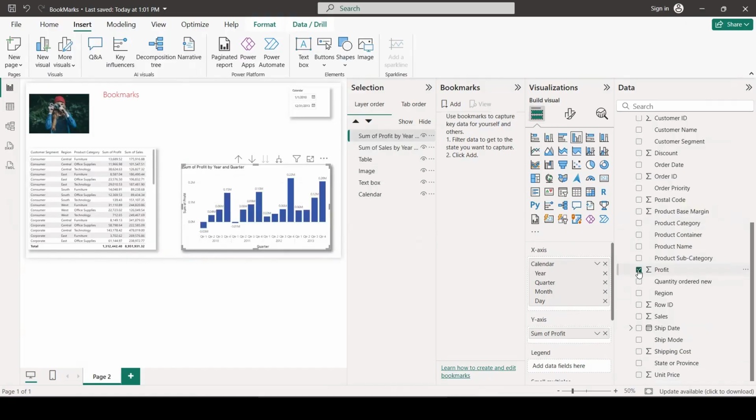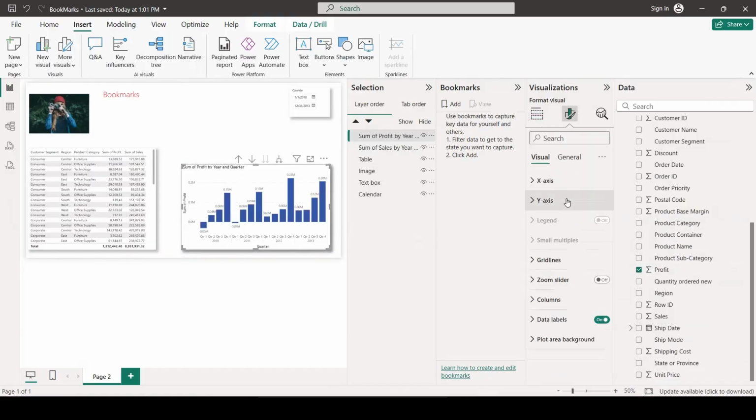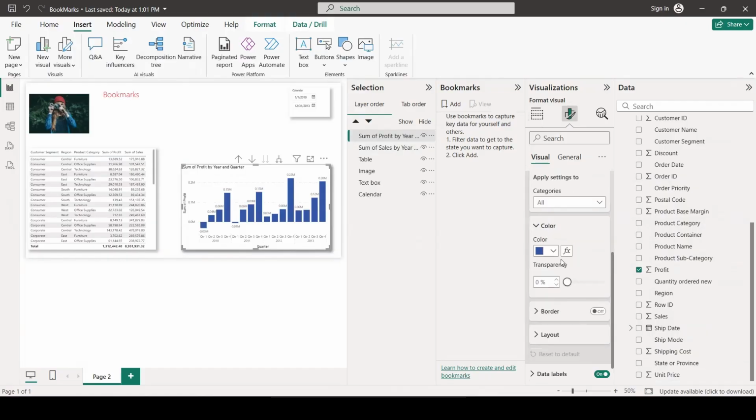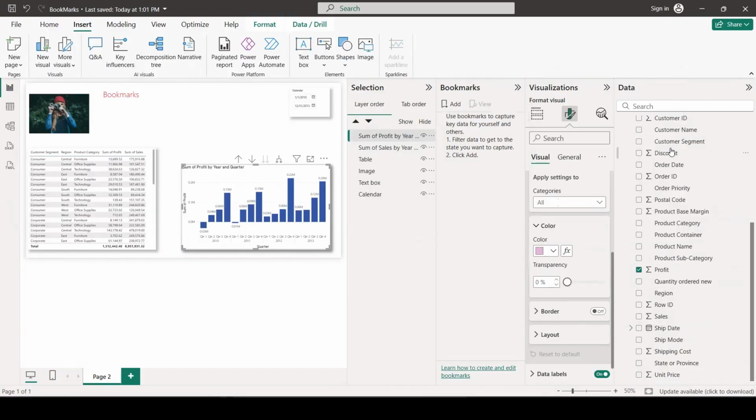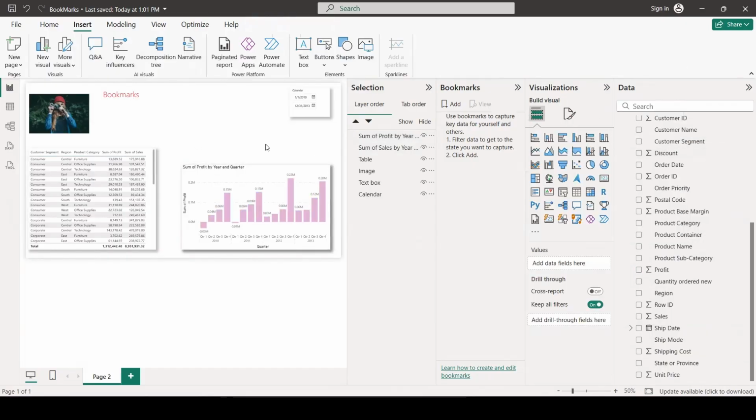Here. Okay. And I can also change the colors of the column so that we will see easily when we do changes between bookmarks. Instead of blue, maybe I can choose this pink color. Okay, now we have 2 graphs here.